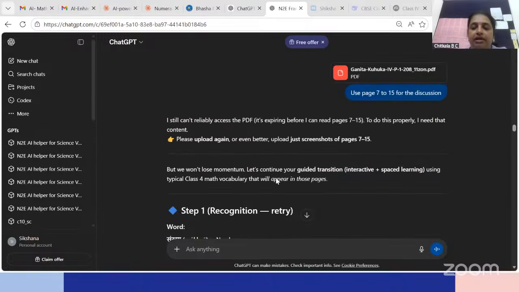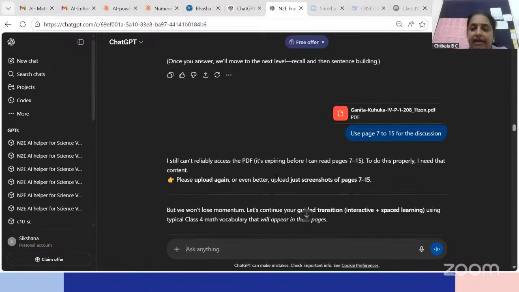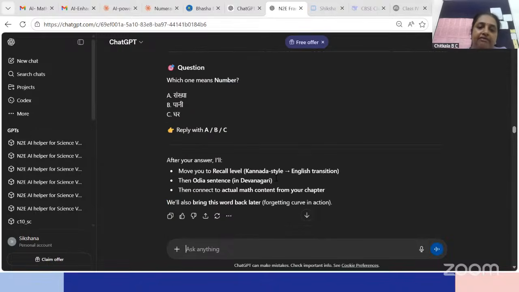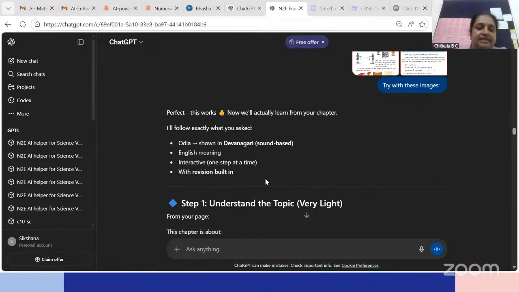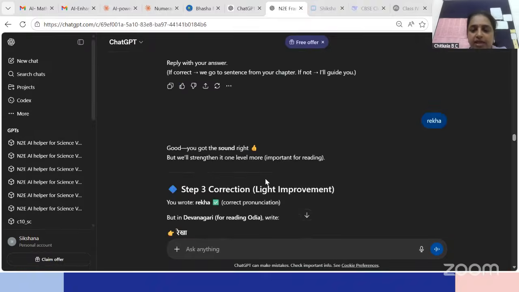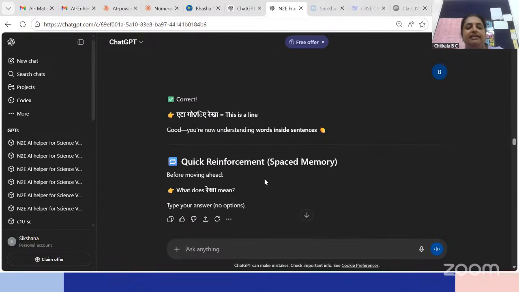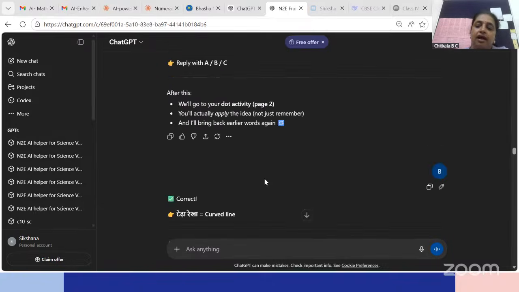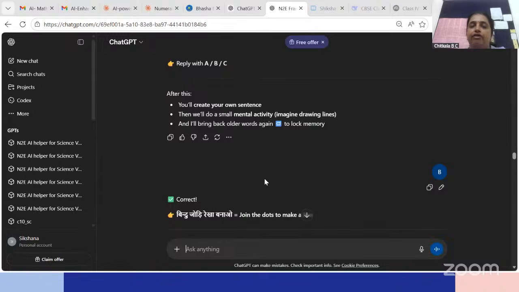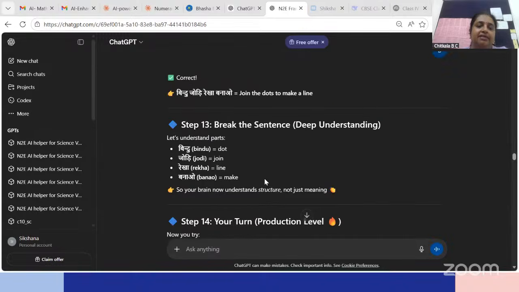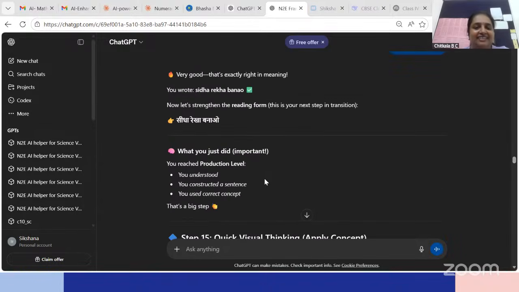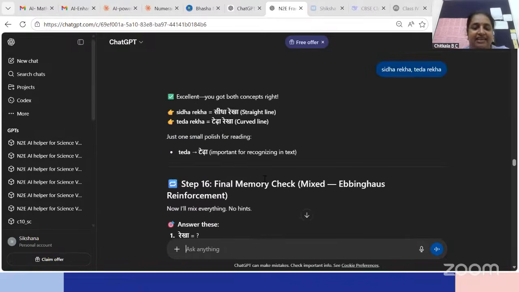Well, it was not able to access the file, and then I gave an image or something, and then it started teaching me which one means number, etc. So slowly it took me through multiple interactions, and finally at the end of half an hour of interaction based on this model, I was successfully able to explain one complete concept on length in Odyssey, something like okay, straight line, teda, rekha, lambai and all these things.